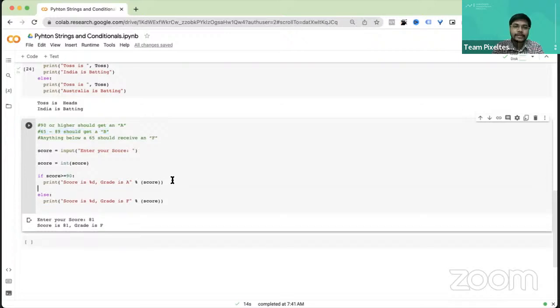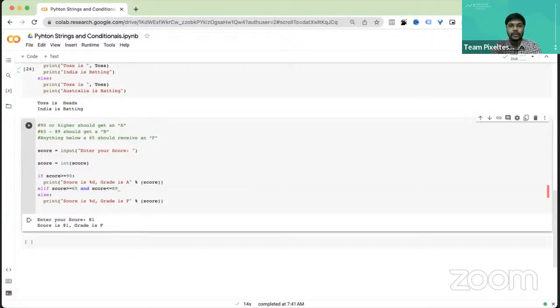So what I'm going to do here is I'm going to say if score is greater than or equal to 65, and I'm going to say and operator, and it's an operator which is useful within conditions also. Now I'm going to say score is less than or equal to 89,